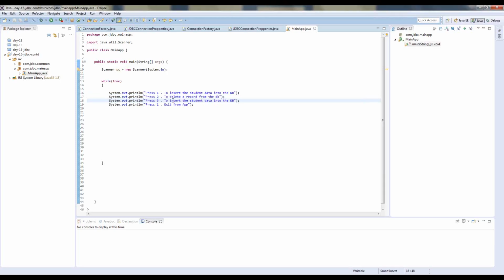and press 3 to display all the students in the DB. Okay, so we will be having mainly, sorry, yeah, this is 4. Okay, so we will be having these main 4 options. Insert, delete, and display, and like this. Okay, so